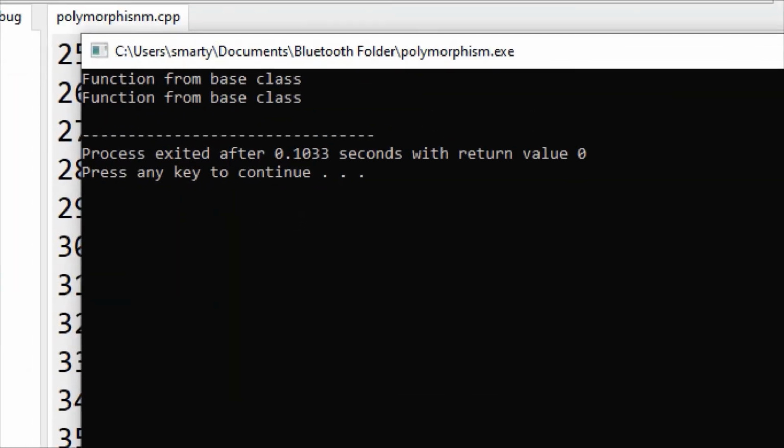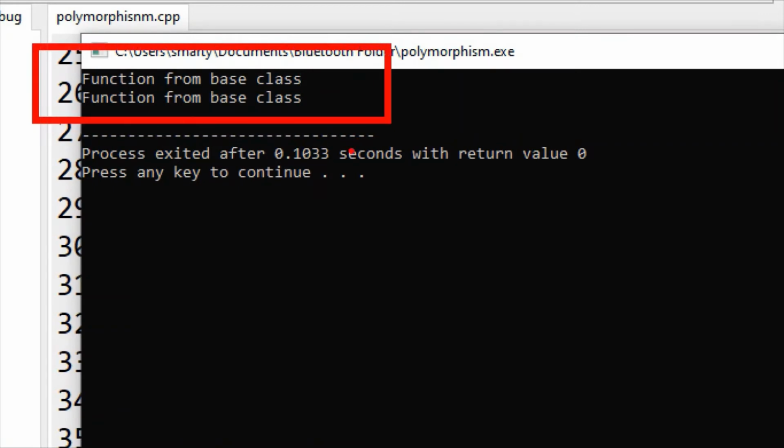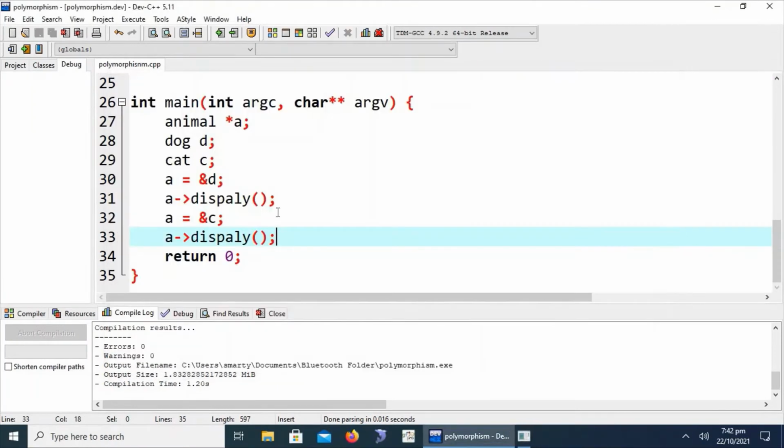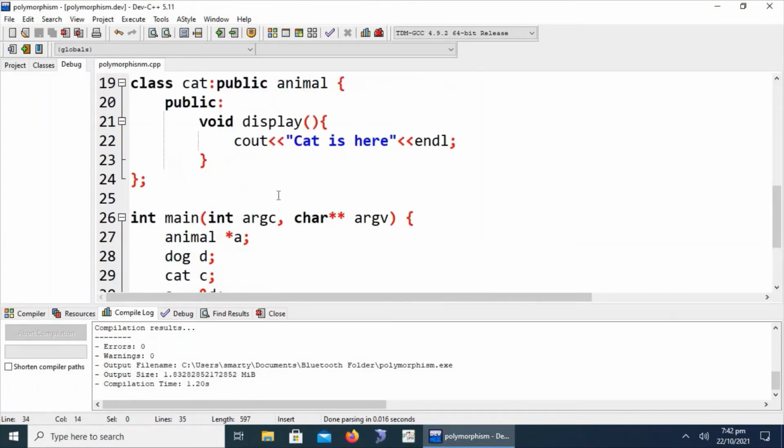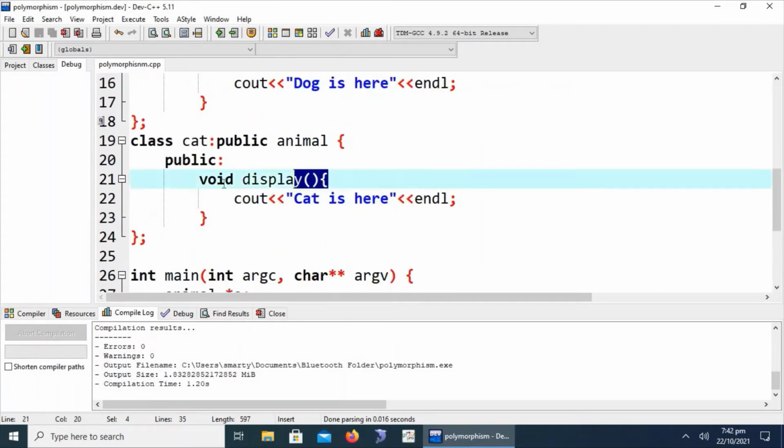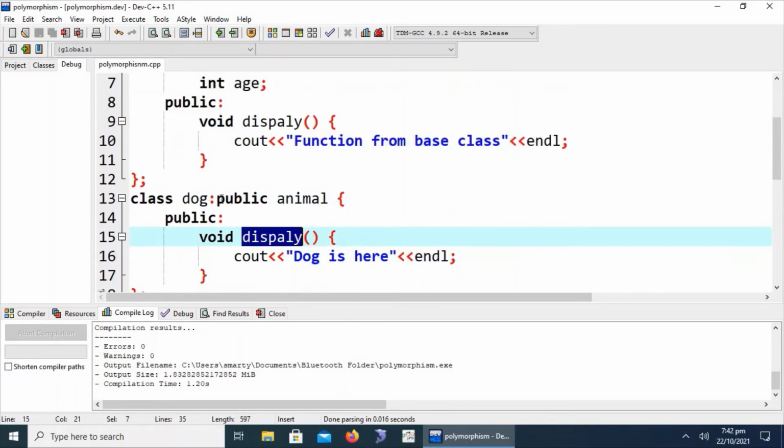What is going on here? We can see that both times the function of the base class or parent class is called, whether it contains the pointer or address of the different child classes, but nothing is happening at runtime. What we will have to do, this is basically called function overriding, is write the same named function in the child classes, which we have already discussed in previous sessions.